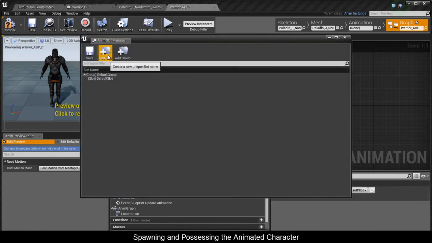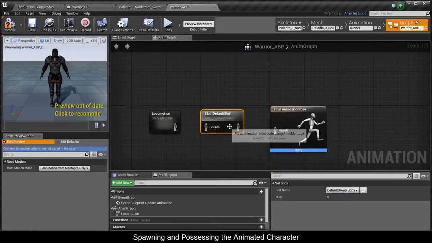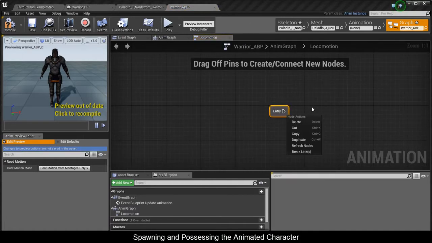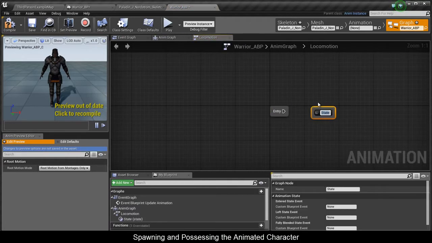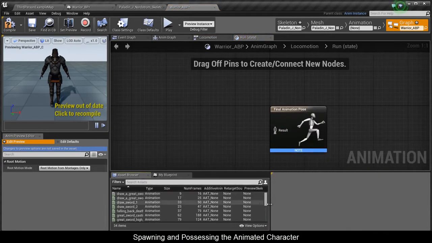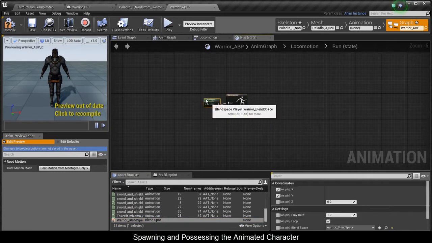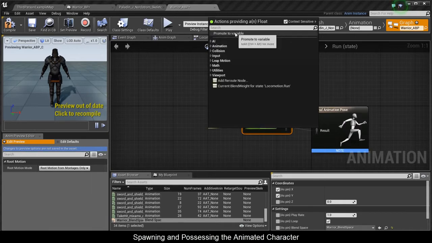So click the magnifying glass, add slot, call it body, and in the drop down you select body, and you connect all of these nodes together. In locomotion you need a new state, and you're going to call it run, and we're going to plug in his blend space in there. We'll promote this to a variable called speed,